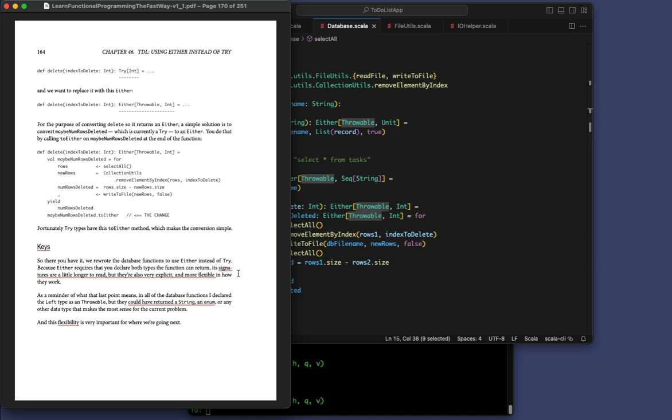I think one is that the signatures are a little longer to read, but they're also more explicit and they're also more flexible. And that's really important in the long run. When you look at this over here and this left value can be anything you want, that's much more flexible than try because try only returns a throwable. And as I've mentioned here, we could have returned a string, enum, or any other type in this left position,